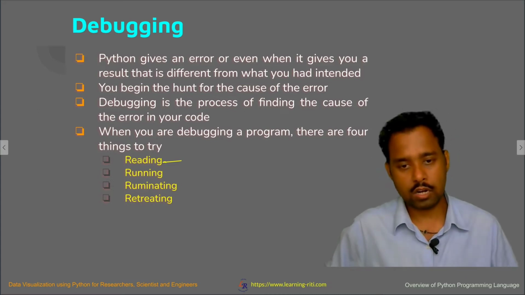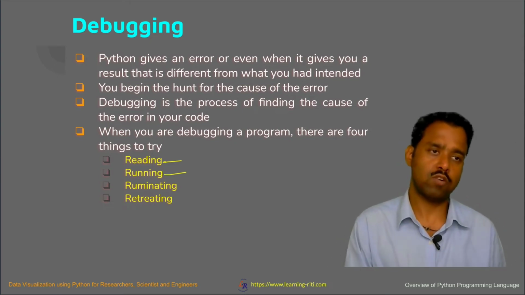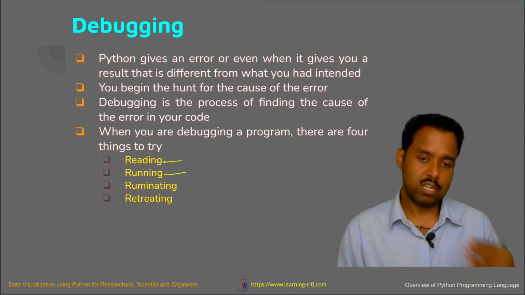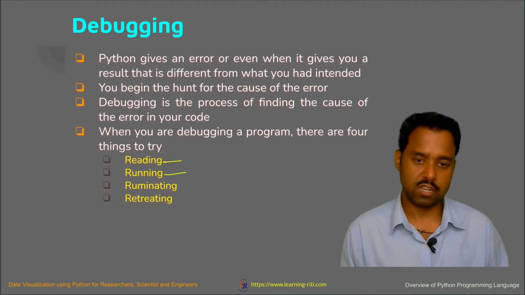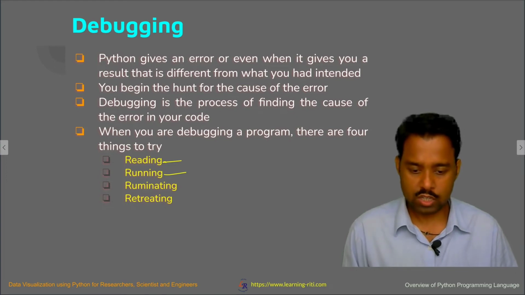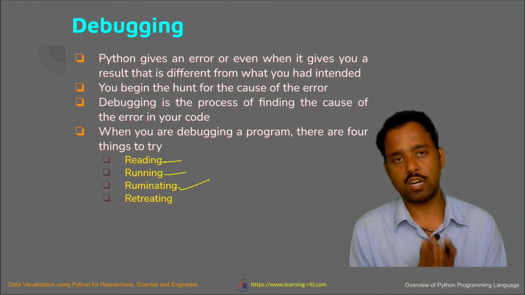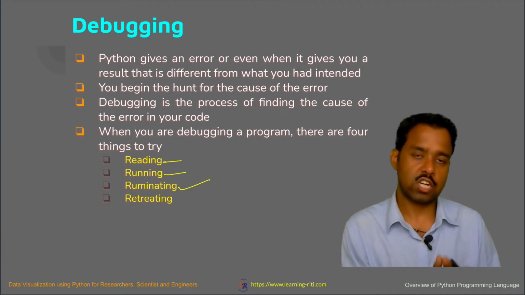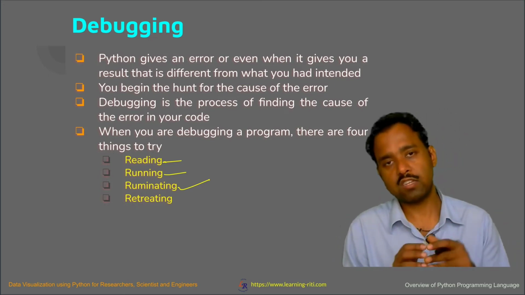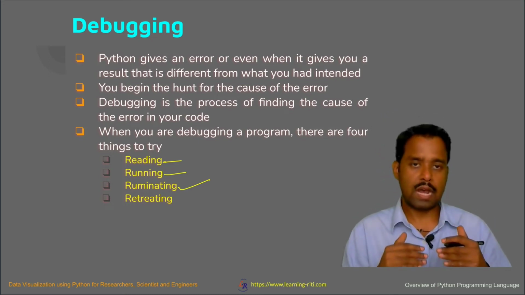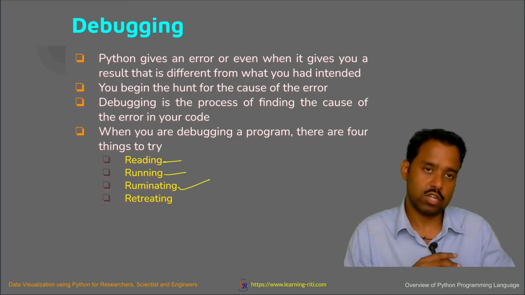Also, you can try running, which means you just change a minor version, noticing what changes you have made since it stopped performing, and then keep changing and keep running, and you will find that the problems may be resolved in many cases. The other thing you can do is ruminating, which means you can take time and think about what could be the error. Is it a syntax error, logical error, or semantic error? What is causing the problem, where is the problem, what result are you getting, and why are you not getting the expected one? If you sit back and think a little, you will have a clear mind, and that will be very helpful to pinpoint exactly where the error is.